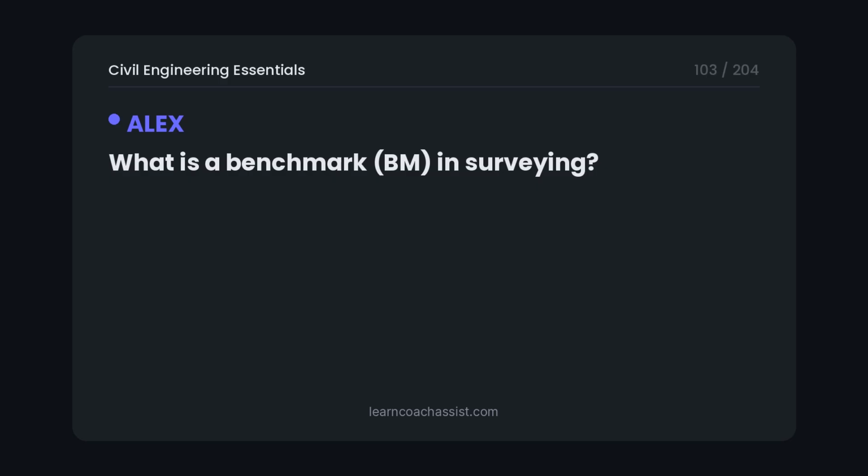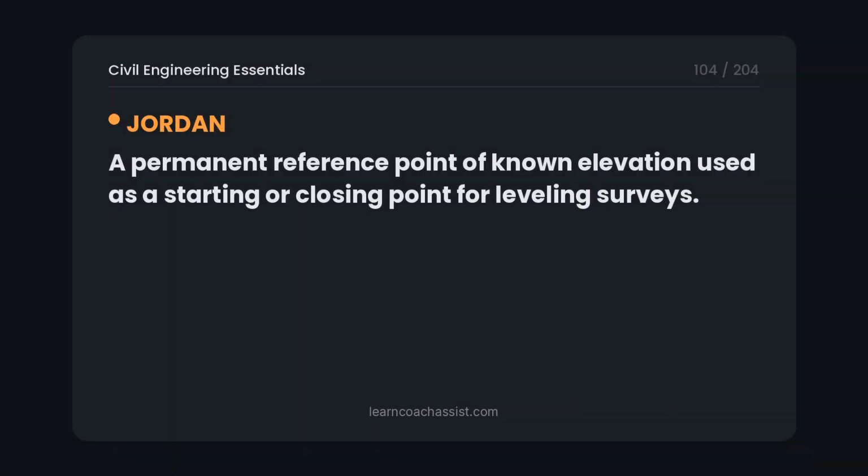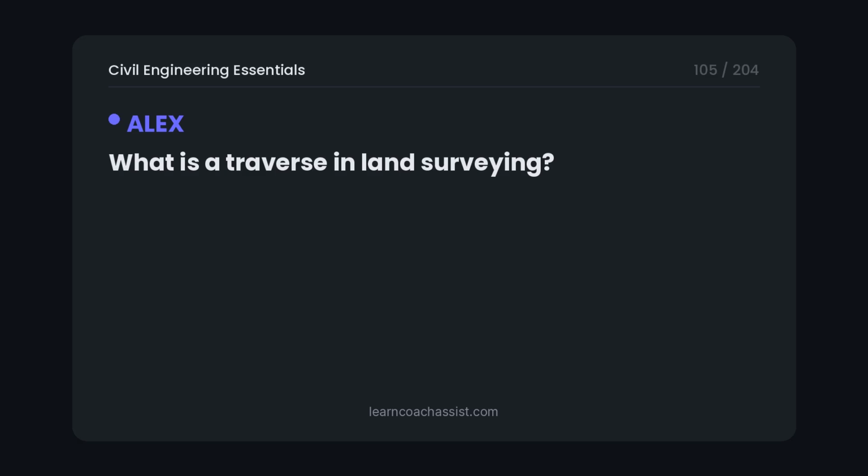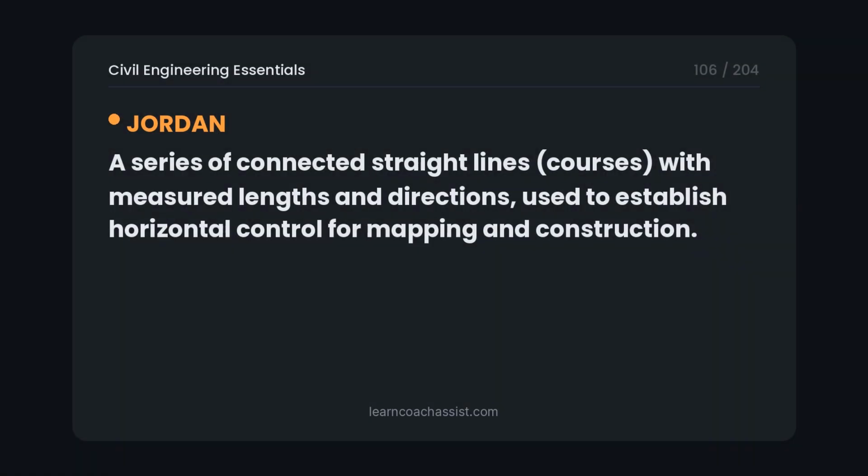What is a benchmark, BM, in surveying? A permanent reference point of known elevation used as a starting or closing point for leveling surveys. What is a traverse in land surveying? A series of connected straight lines, courses, with measured lengths and directions, used to establish horizontal control for mapping and